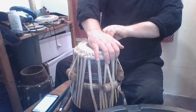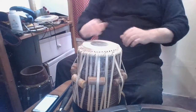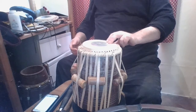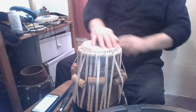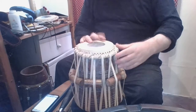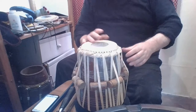Alright, so we'll give that a little squeeze. Alright. It's moved a little bit. What you do is you put your palm on there, you put your finger on the spot that is too high, and then you put your palm also in the same spot. So it's fingers and palm, and you give it a squeeze. So that ain't doing a lot,